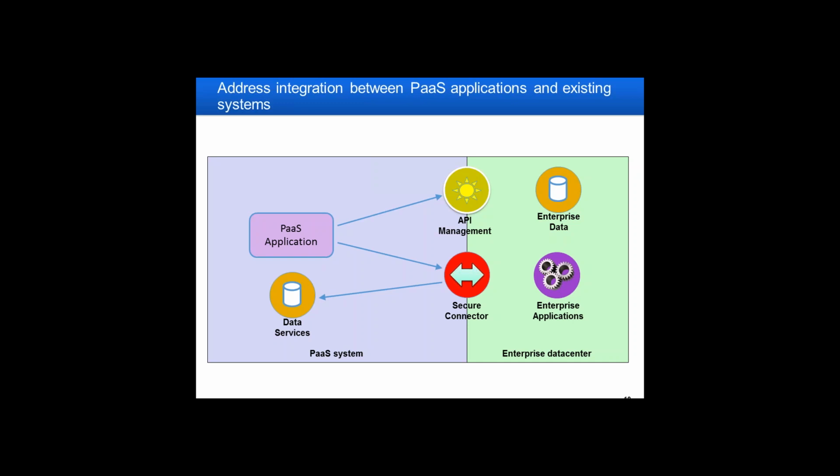So there are various ways in which PaaS systems provide for connectivity of this type. One typical approach is to provide an API management module that you install to connect into your enterprise data center, and which then links to the various enterprise applications that you have, or sometimes directly the databases you have, and expose their capabilities using a new API that you develop, and which is then usable by the PaaS application.